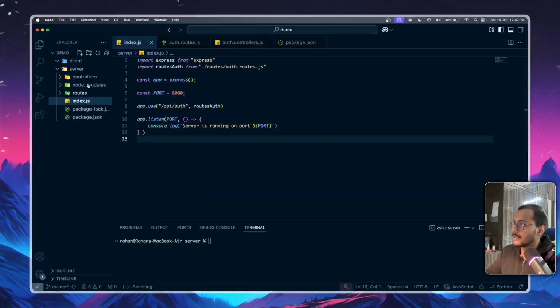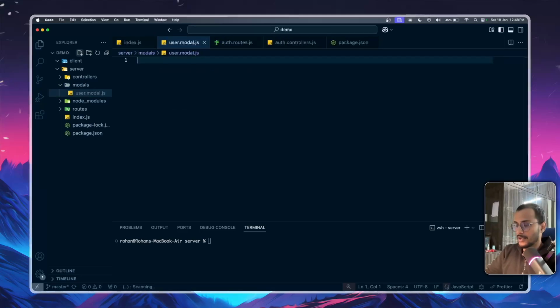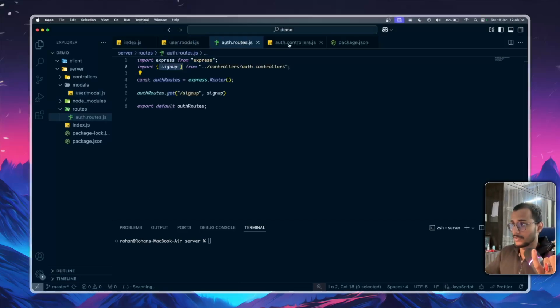Let's create the models folder, and the models will be having users.model.js, right? So in this, we'll create the structure of how the user's values will be there. For example, user will be having full name,